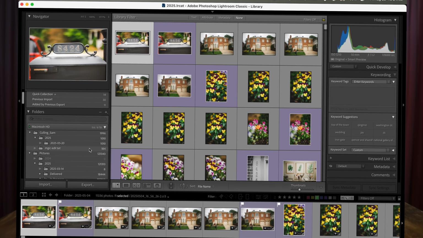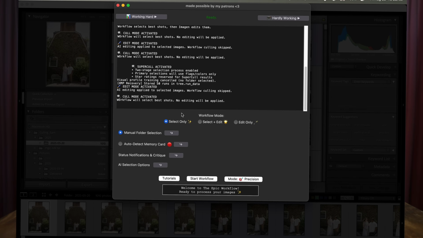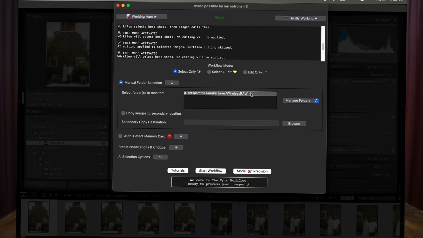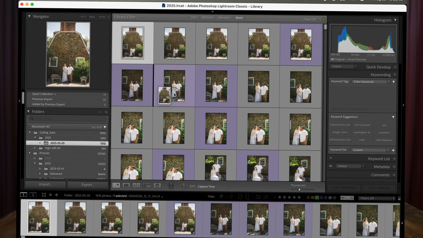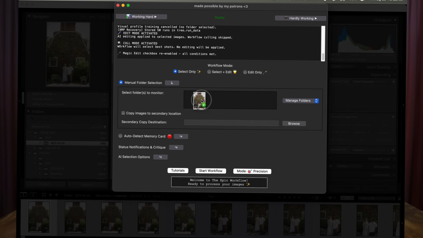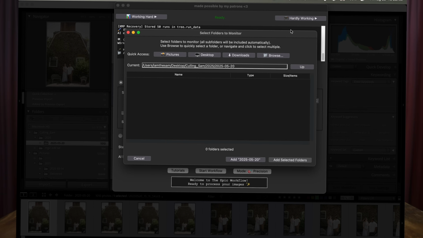I've got a few more things to talk through before we actually look through some of the culling results. I'm just gonna pick a random folder here. One thing I added was click to drag. So if you wanna start a new folder, you can remove whatever's here. In Lightroom, you can just click on one or many photos, drag it into the window, and it'll add that main root folder. So you don't have to go in here and navigate to where you want to be,